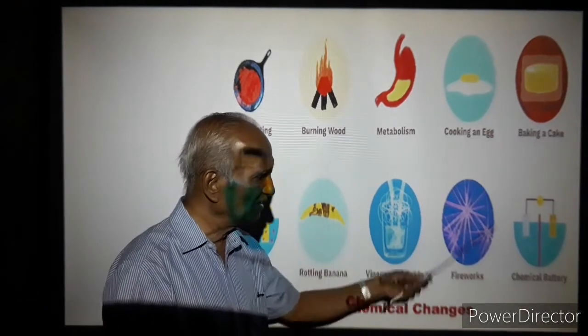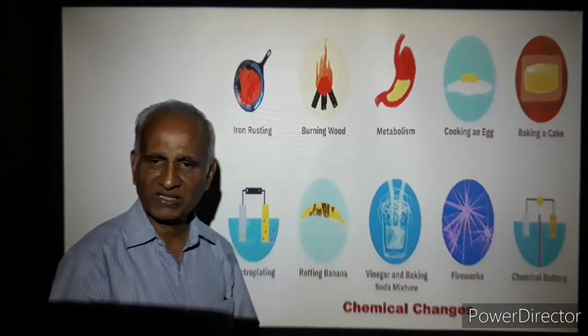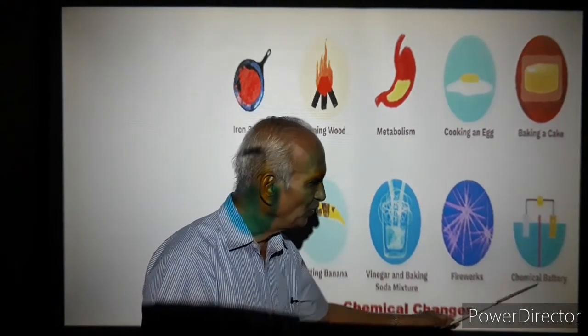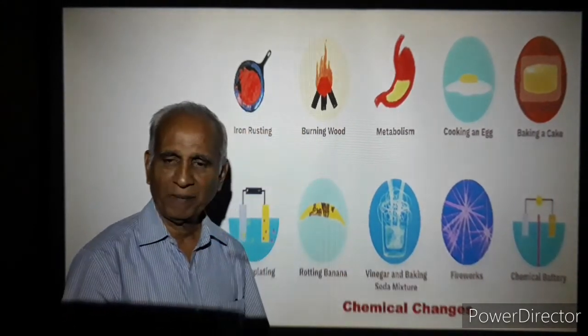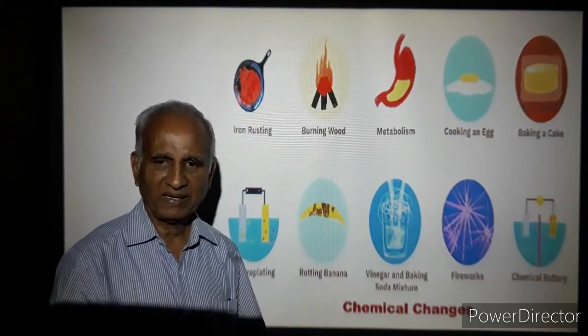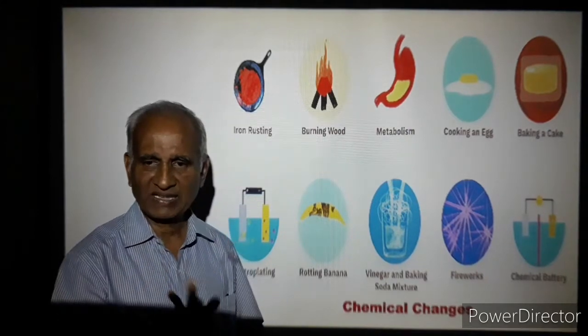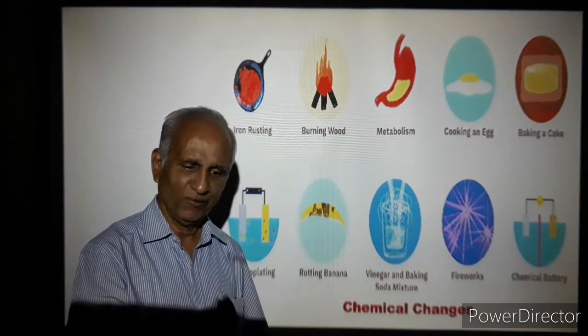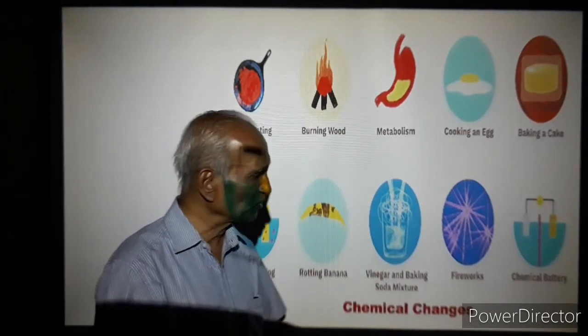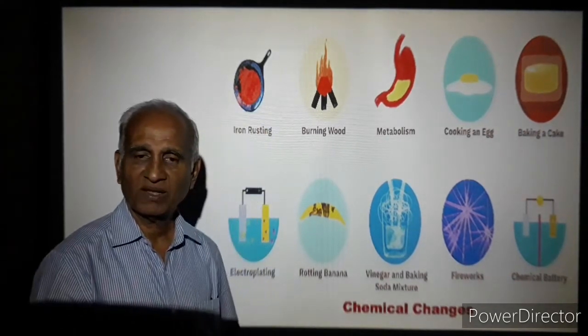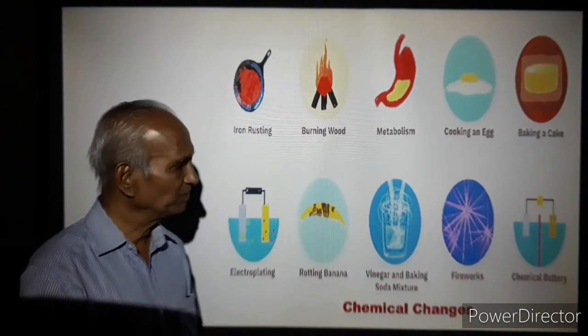Then fireworks. We have discussed it. All fireworks are chemical changes. Then these chemical batteries. Batteries give us energy. Batteries give us electricity. Now the kind of reaction that goes on inside the battery wherein electricity gets produced is a case of chemical change. Next,